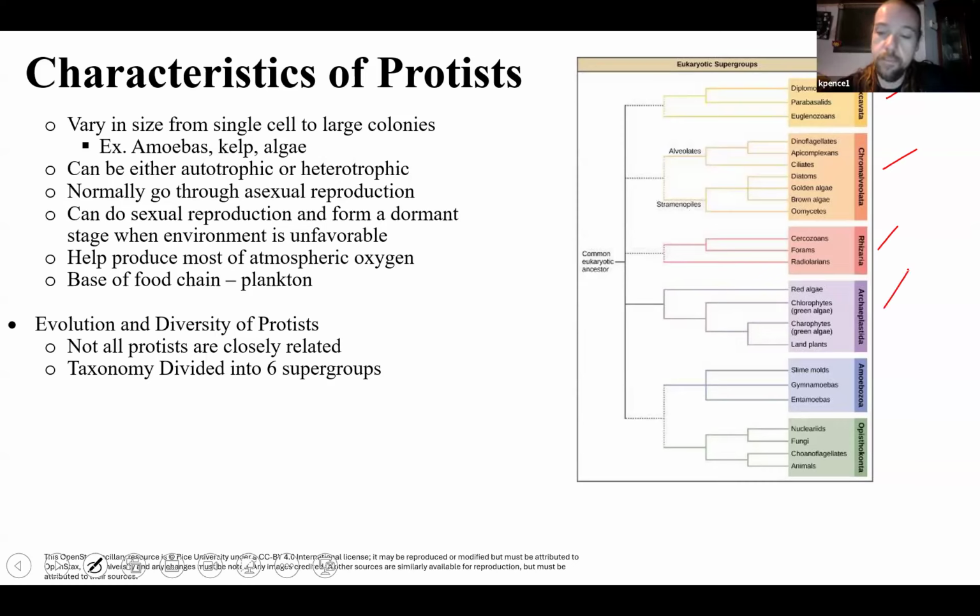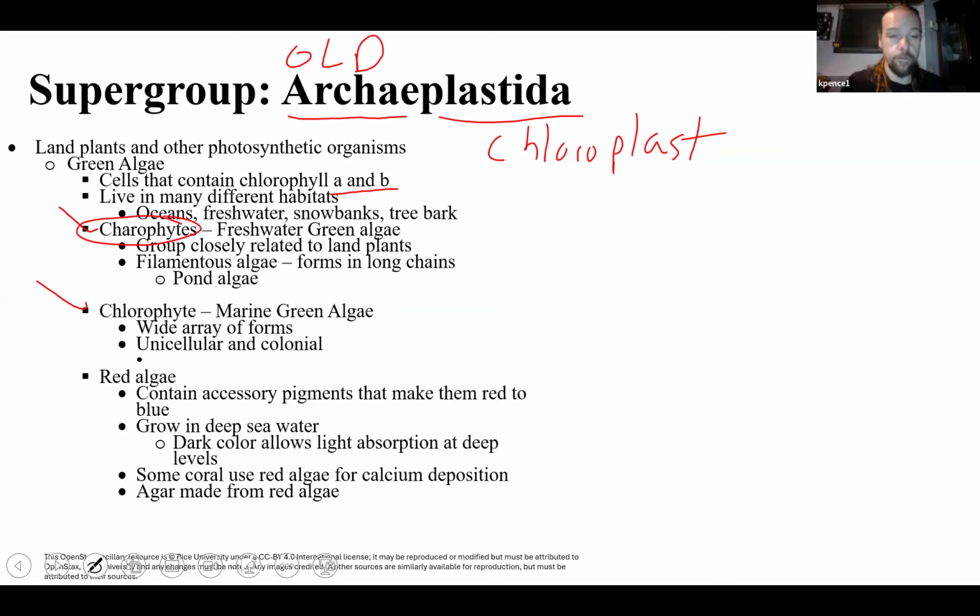There's two main types of the green algae. You have the charophytes group and the chlorophytes group. So charophytes are your freshwater algae. So if you go out into local rivers and streams or ponds and you have algae in those watery areas, that's going to be a freshwater algae and that's going to be a charophyte. If you go to oceans or saltwater areas and you see algae growing there, those are adapted for saltwater and those are going to be called chlorophytes. When we make it to plants, we'll probably make it to plants next week or whenever we meet next. But plants are estimated, or hypothesized, is a better word, to be descendants of algae. So all land plants are kind of derived here from the chlorophytes group.